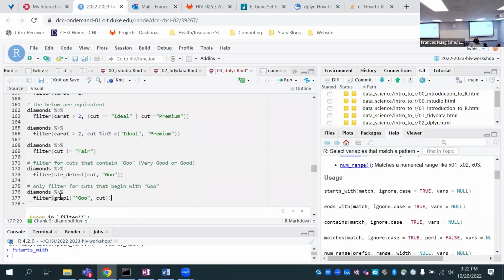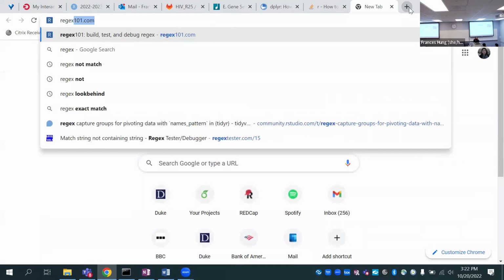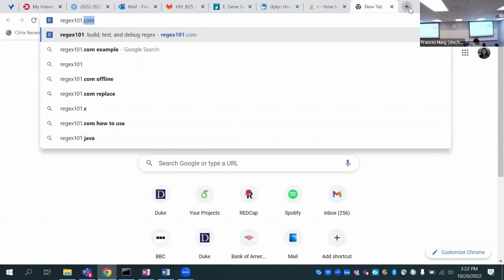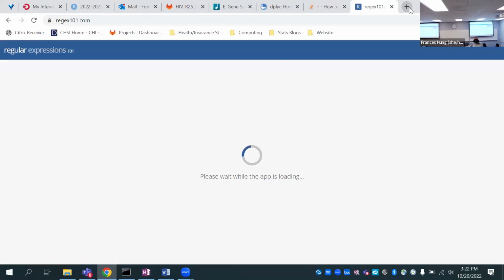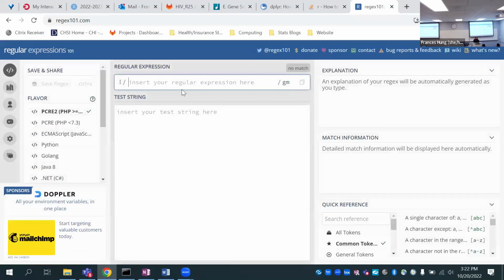You can either do grepl, which is more string manipulation. This gets into kind of complicated territory, but if you're really going to do a lot of work with detecting strings, then I would suggest this website. I used it a lot when I had to work with a lot of strings and different variables.